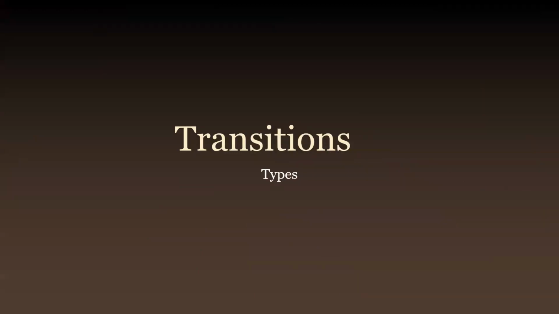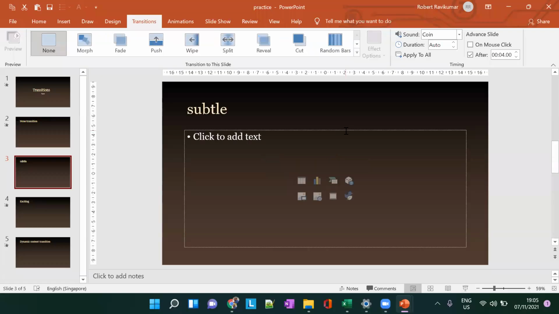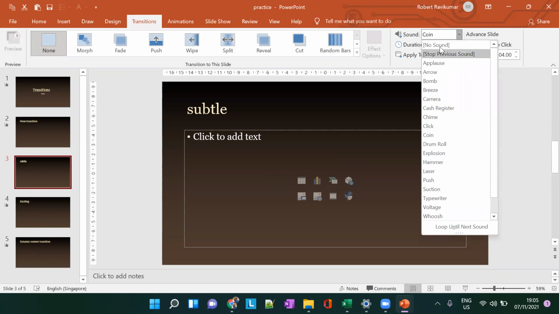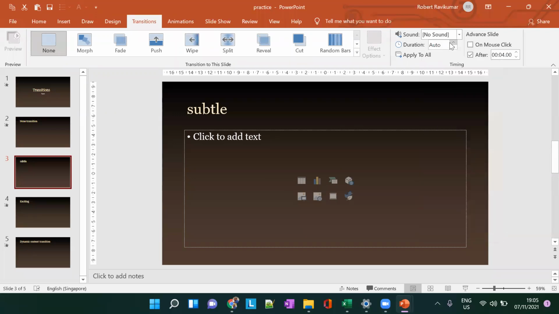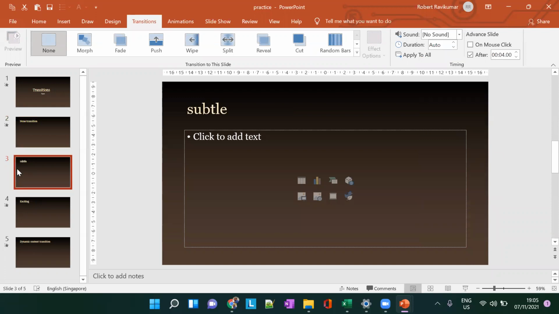The second slide will have a transition, and the third slide won't have anything. Okay, so this is how transition works here. But there was a coin sound that was selected. We just removed the transition effect, but we didn't remove the sound. If you want to remove the sound also, all you have to do is click no sound here, save it, and if you run it again, you won't hear the sound for the particular slide here. Subtle doesn't have any sound effects also.